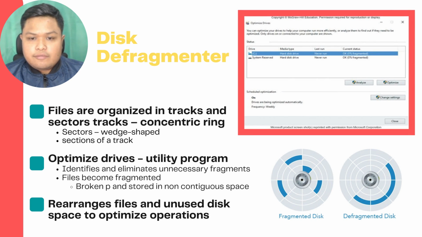As we know, all the files in your PC and laptop are organized in tracks and sectors. A track means a concentric ring. In a concentric ring, we have 2. Number 1 is the sector, wedge-shaped, and number 2 is a section of a track. Next, optimize drive utility programs. Identifies and eliminates unnecessary fragments. Files become fragmented, broken, and stored in non-contiguous space. Number 3, rearrange files and unused disk